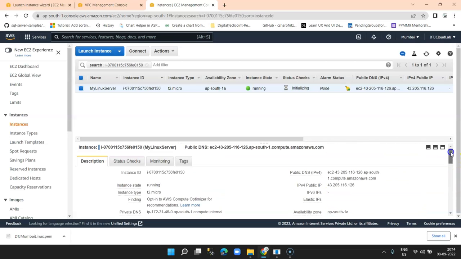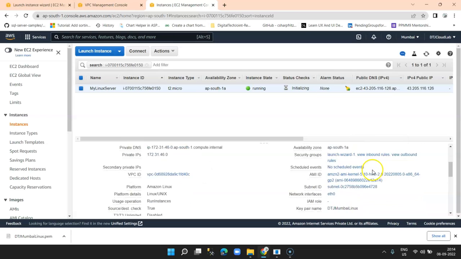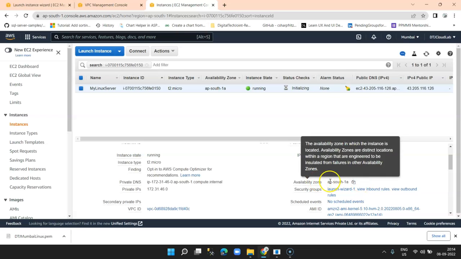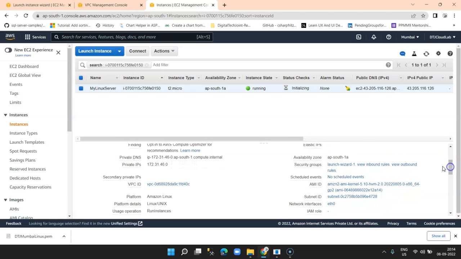Now what details do you get to see? You get to see the instance ID, you are able to see the public DNS, the public IP, and you are also able to see the private IP. We are going to connect to this instance using our public IP address, and then there are other options and features like which zone it is, the availability zone. It is AP South 1A, okay, in the Mumbai region,